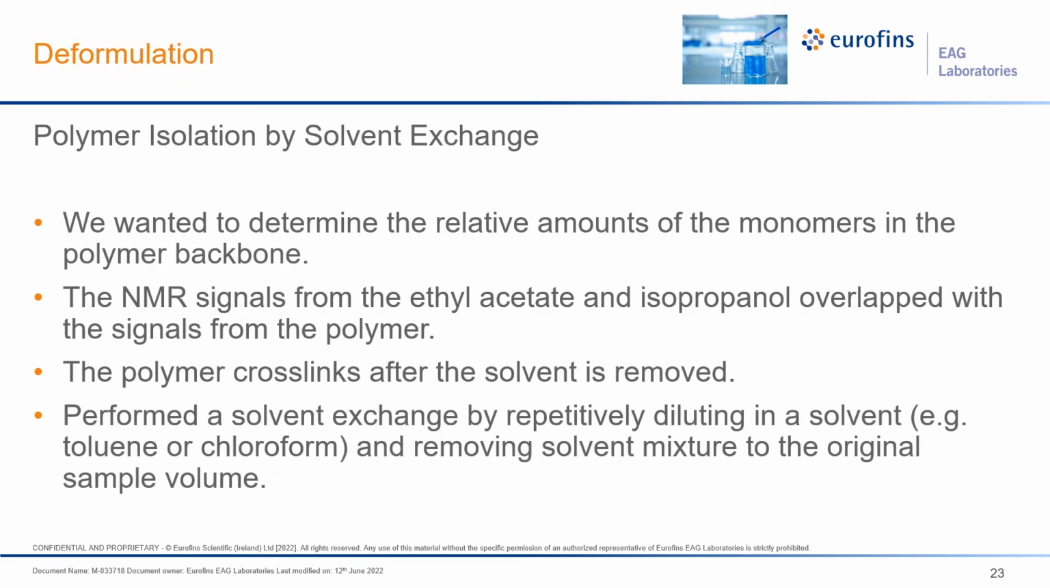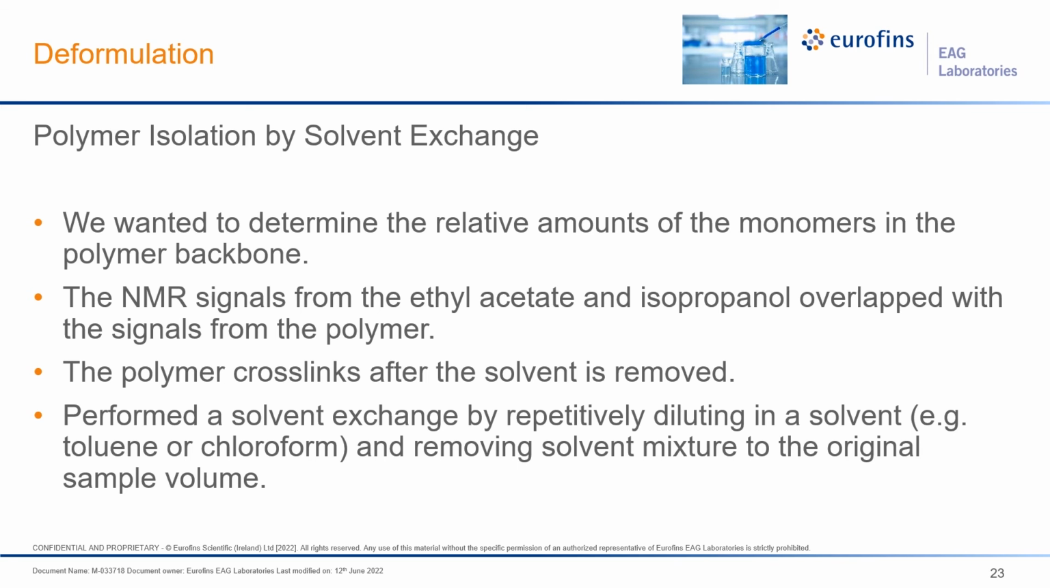As I mentioned, the solvent peaks are interfering with the NMR, so a solvent exchange needed to be performed. Additionally, by using NMR, we needed to determine the relative amounts of monomers in the backbone to help the client either resynthesize or formulate the product or create one with similar properties. However, a really interesting phenomenon of this particular material that was identified was that the material cross-linked once the solvent was removed. To prevent this, a solvent exchange method was